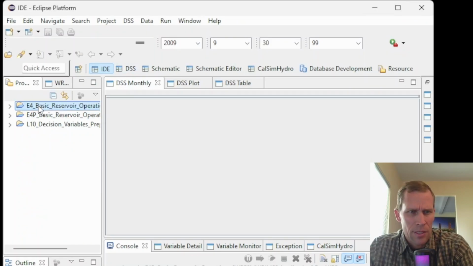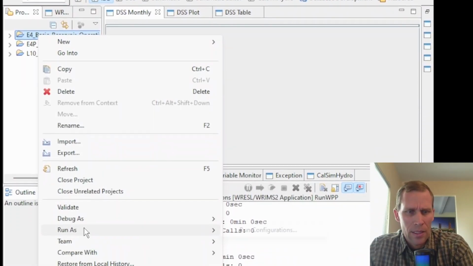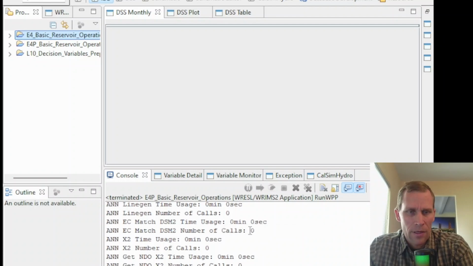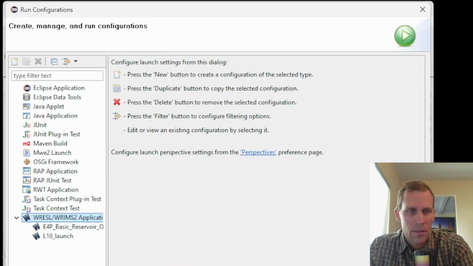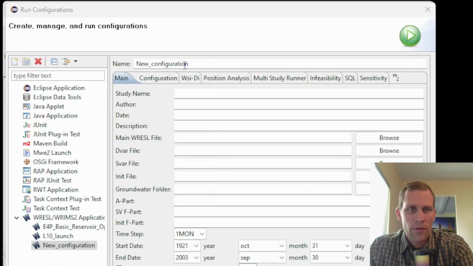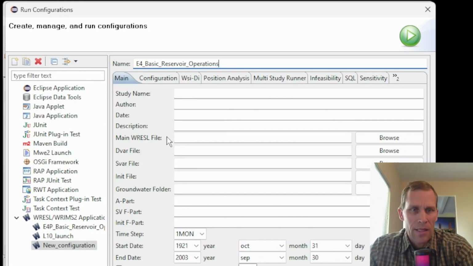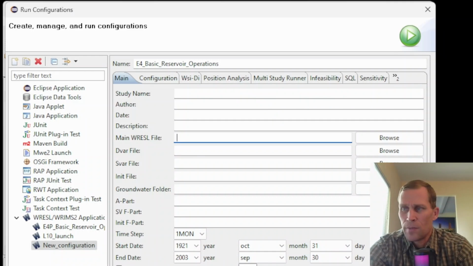So with our project selected right here, I'm going to right click, run as, and then run configuration. I'm going to select Russell/RIMS2 application. Move this over here and resize this a bit. Okay, and then click on the new configuration. For the configuration name, I'll call it E4 Basic Reservoir Operations. And then further down at the main Russell file, we need to specify this is going to be in the run directory. I'll call it